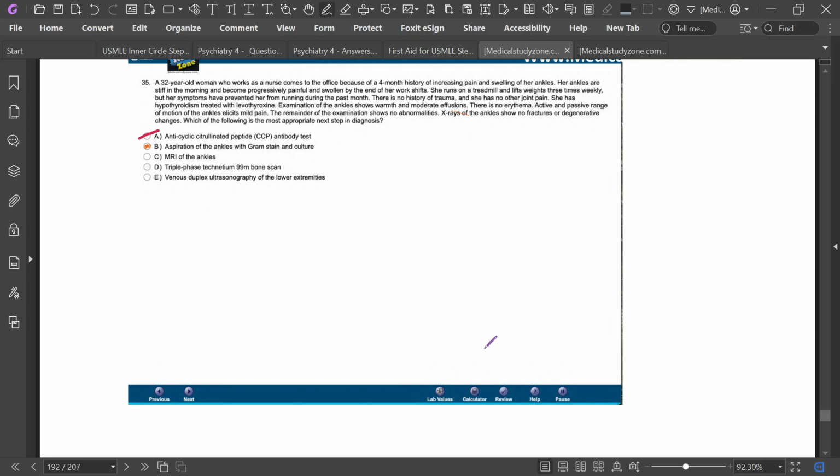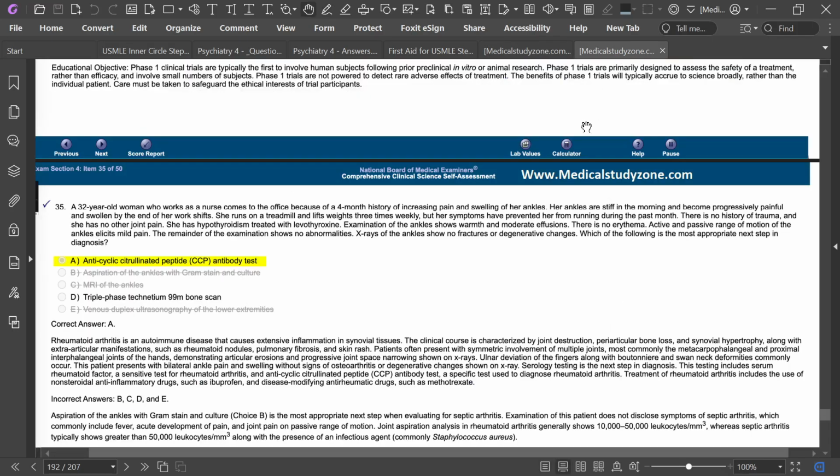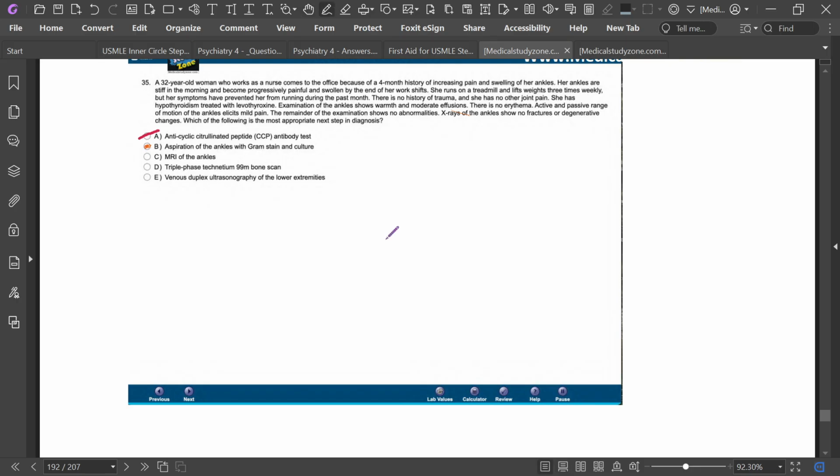Mm, definitely was not rheumatoid arthritis. I don't think it was that. Why? Because I'm used to rheumatoid arthritis being bad in the morning and then getting better. But here it says that it gets worse by the end. Yes, her ankle is stiff in the morning. This is a sign of rheumatoid arthritis, like morning stiffness, and it becomes progressively painful and swollen by the end of her